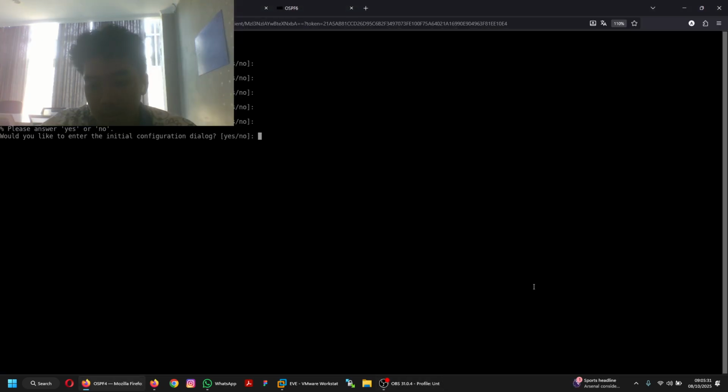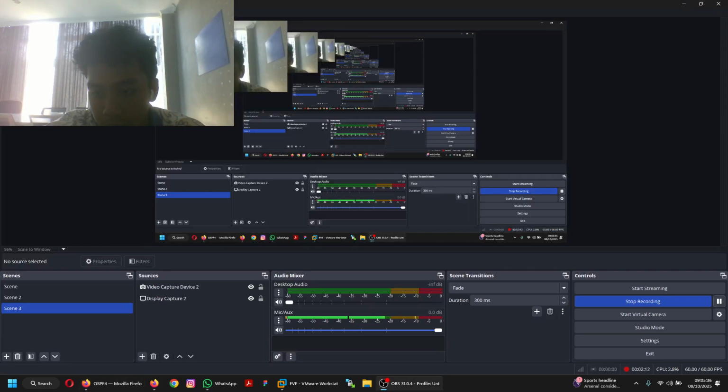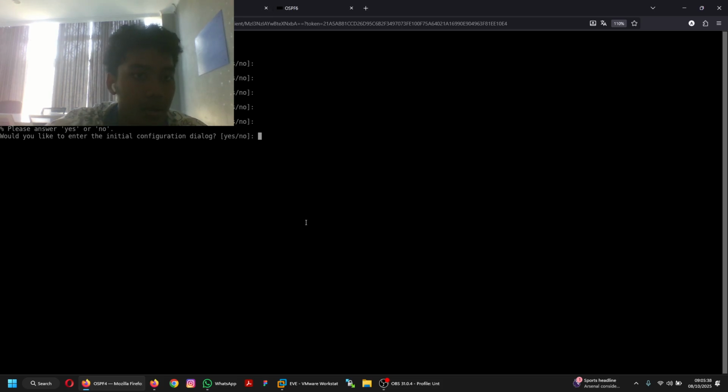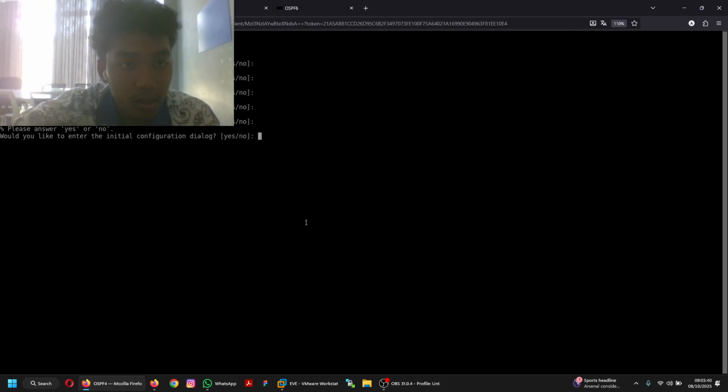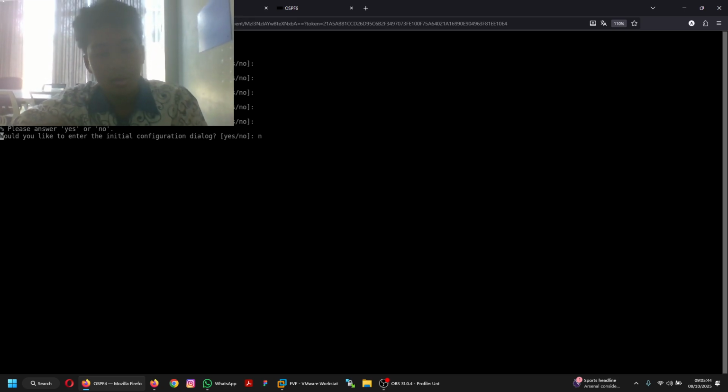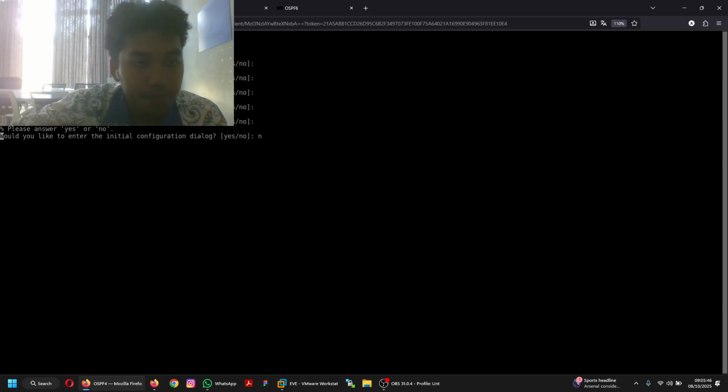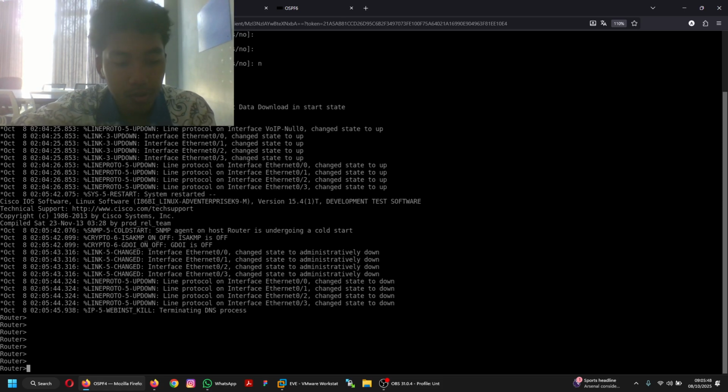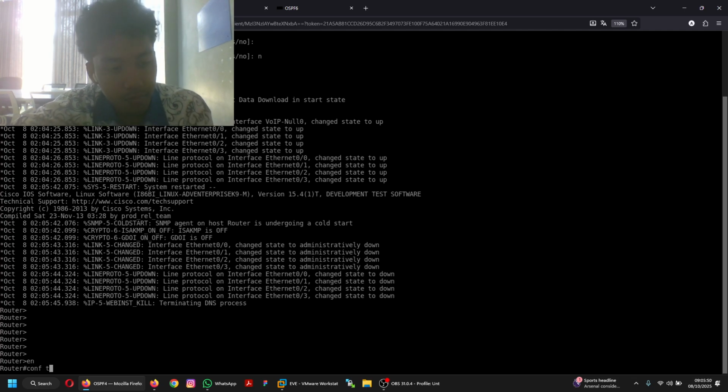We need to start with router 4, but we need to wait until it has appeared. Right now all of the dialog has appeared. You can click no, or you can just press enter. Okay, now you can enable config.